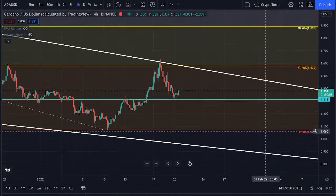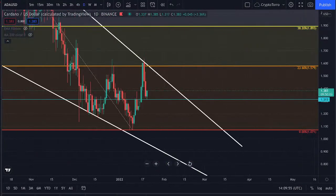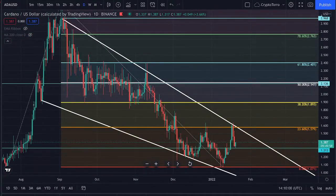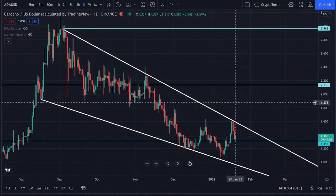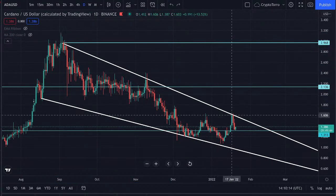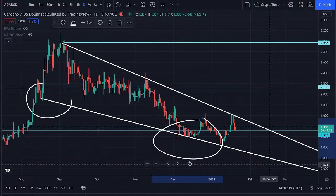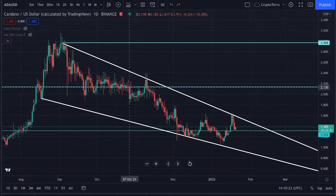Yes, here we are. If we take a look at Cardano, especially on the daily time frame, I think it is more significant. You can see that we are inside of this major falling wedge pattern. Why is this so important to me? Because if we take a look at this falling wedge pattern, we have seen already multiple touch points underneath this descending resistance. We actually got rejected just several days ago, and we have seen multiple touch points on top of this descending support. So we are seeing a confirmed falling wedge pattern on Cardano,